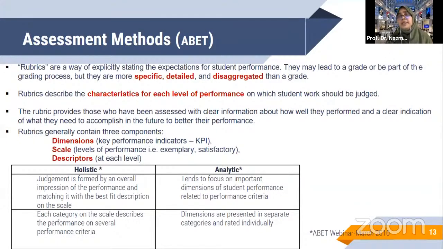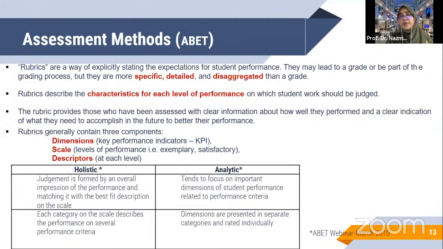So for example, the KPI, the key performance indicators, this is the dimension under rubrics, and the scale is like different levels of performance, say satisfactory, unsatisfactory. This is what we call scale, and any detailed description in the middle, these are called descriptors. So there are two different types of rubric method: holistic and analytic. Holistic is the overall expression or impression, and analytic method is when we